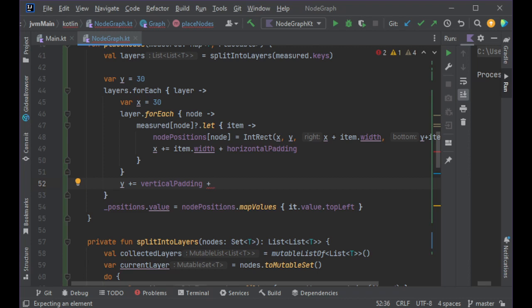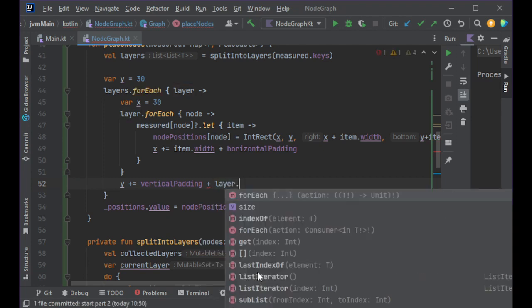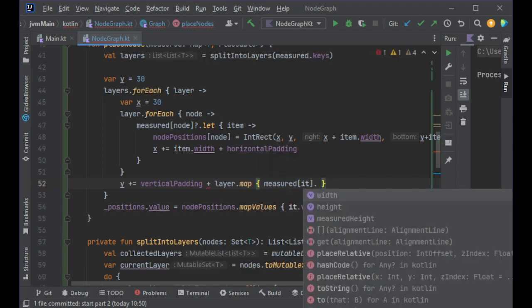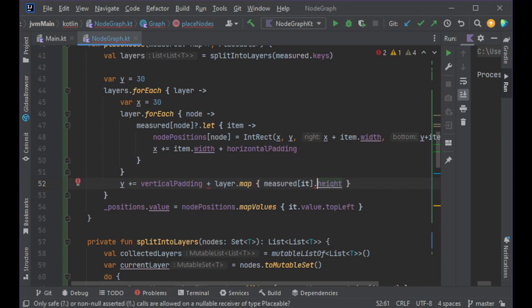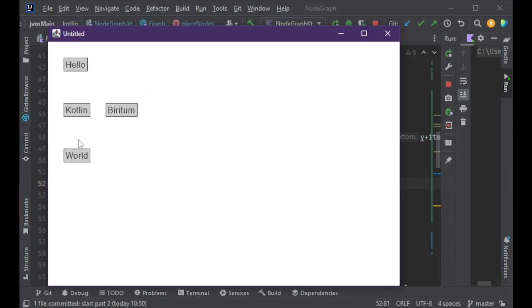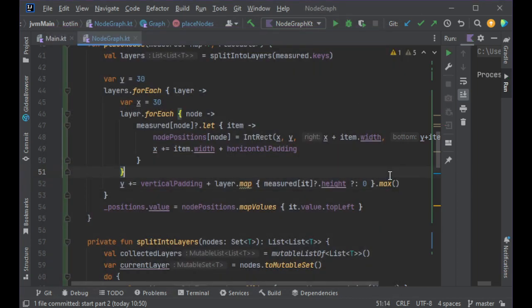And we also want to add the layers, so if I take all the heights in this layer, or 0 if it's null, and then I take the max value of that, so we add the padding and the height of the highest item in the layer. Then we have some spacing,